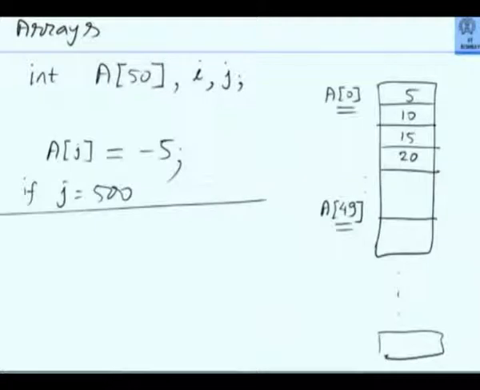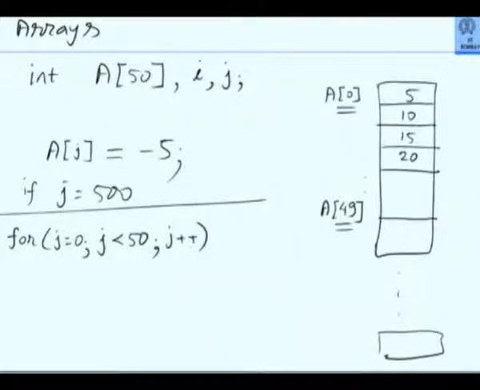Okay. So I have, let us say, a loop. This will go through all the elements.